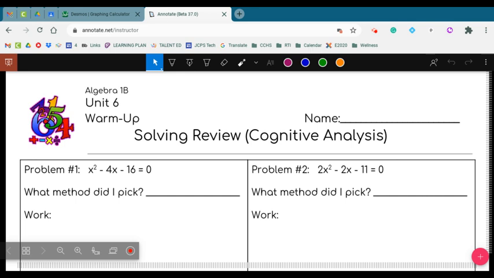This is going to be our warm-up, which is just going to go over our solving. So reviewing our factoring, completing the square, and quadratic formula. I want you to keep that in mind, and think about what method you're choosing each time to solve these. So in reviewing our methods,